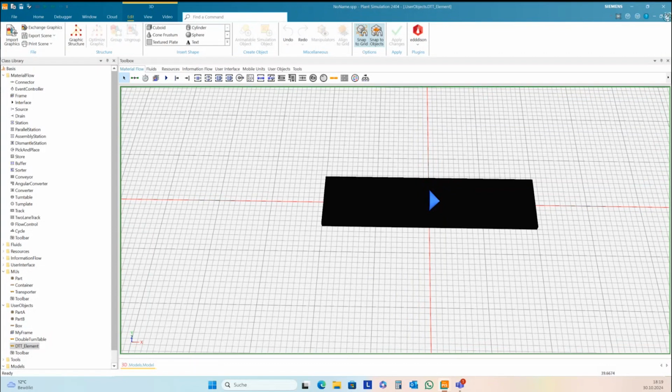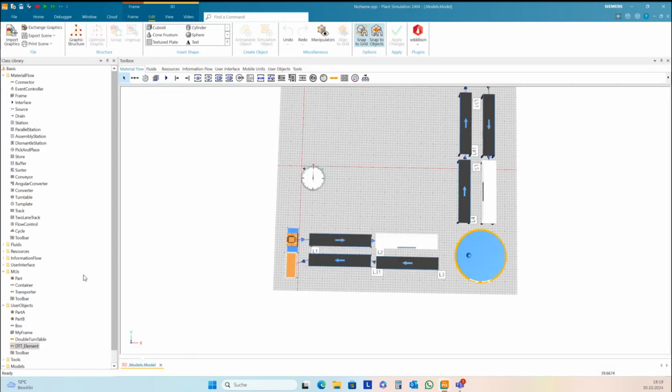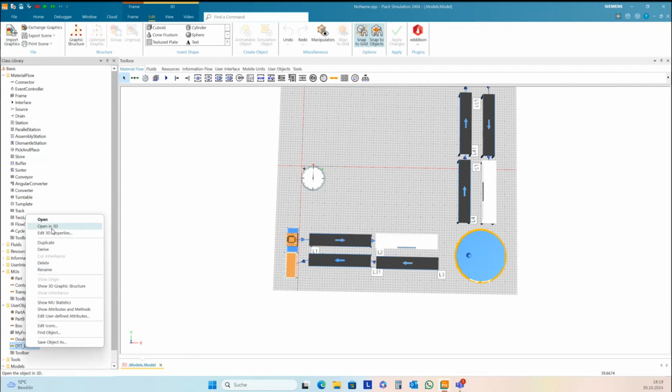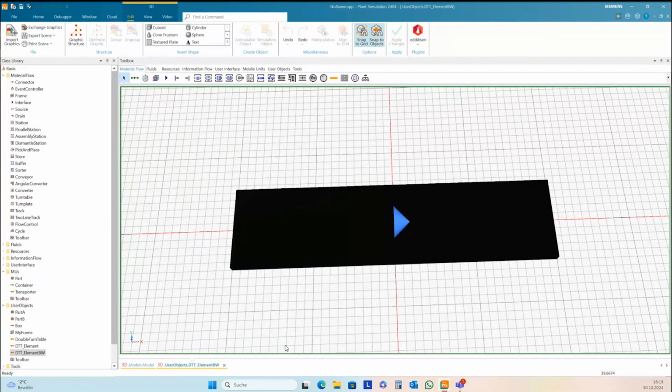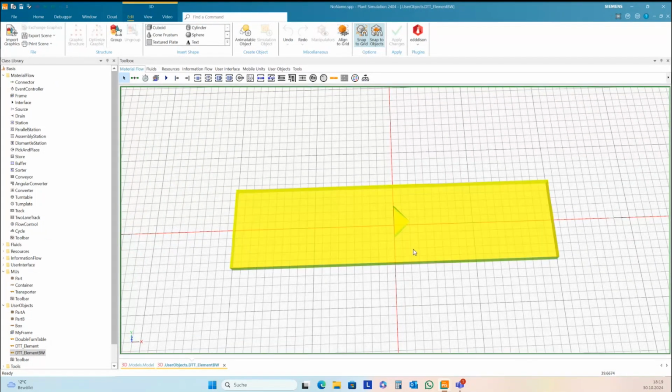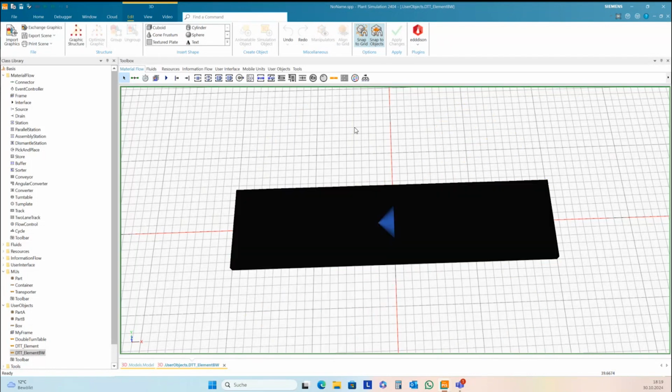So I close this and duplicate this element with all the settings and name it backwards. Open it in 3D and just flip it here in the other direction.